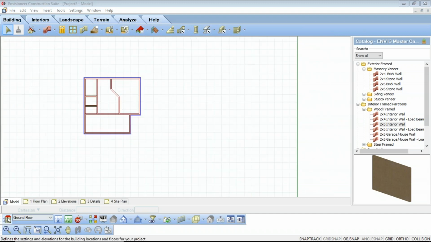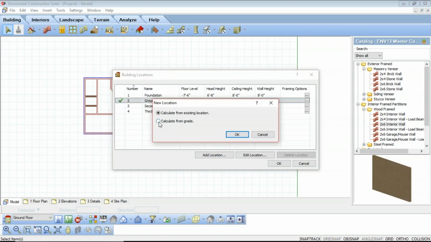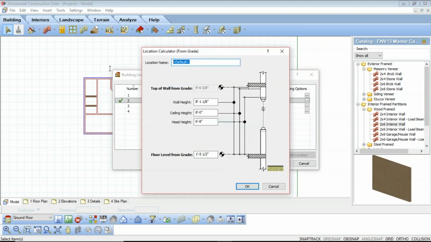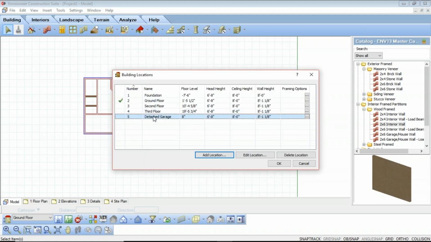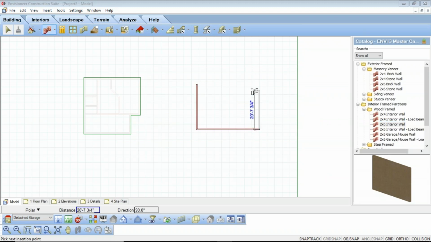So if I have a building here and I go to my building locations, and we're just going to create a new location, and I'm going to say calculate from grade. I'm going to say detached garage. I want that to be only 8 inches off of the ground. I'm going to say OK. So now I have that new detached garage, but it's at a different height. And when I say OK, and I select the detached garage location, and I start to draw in my walls,